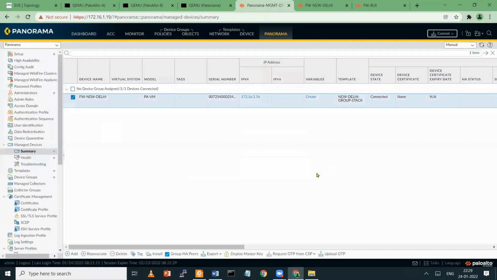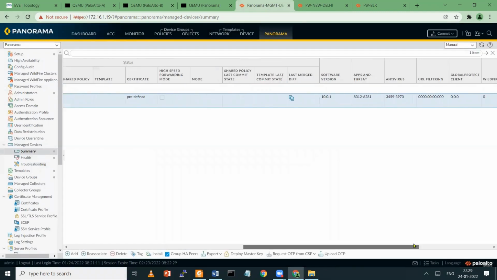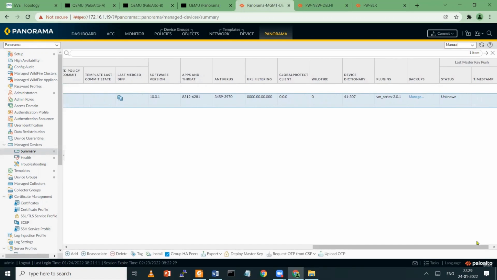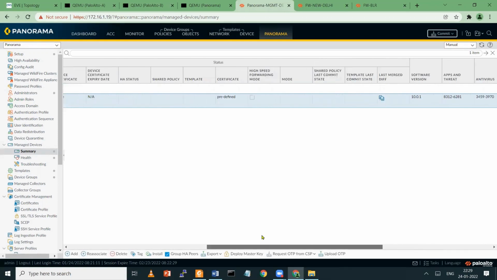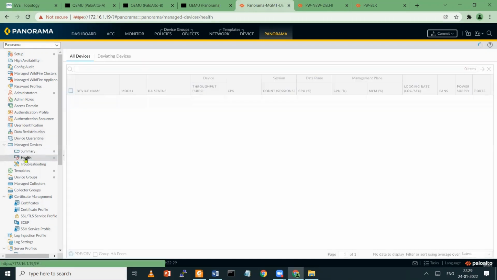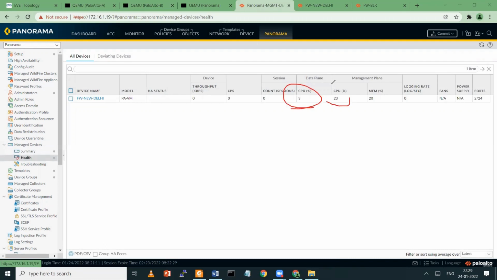So lots of new things you are getting here in Panorama, which are different from your normal Palo Alto firewall. And once you've done it, click on here again under health. So you can check all health status here: CPU utilization, data plane CPU, management plane, memory, everything.